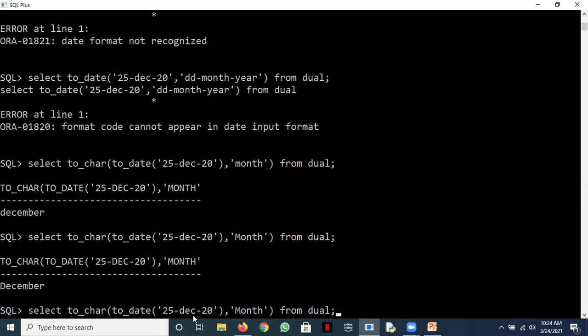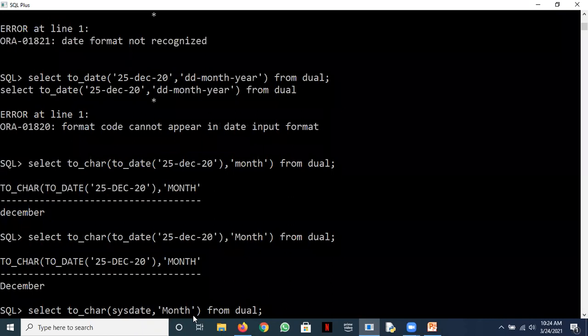Okay. Let's try one more with the SYSDATE. That would be easier to work with. We have worked with RM. Let's check from that list.